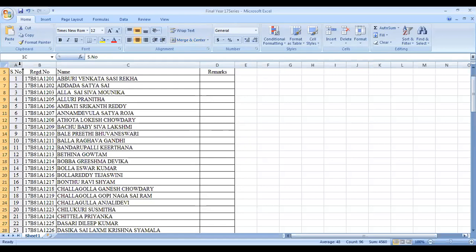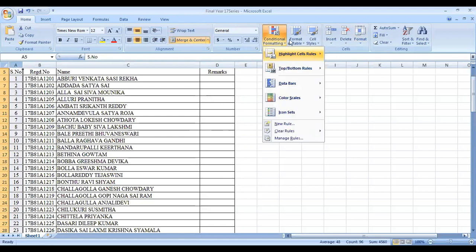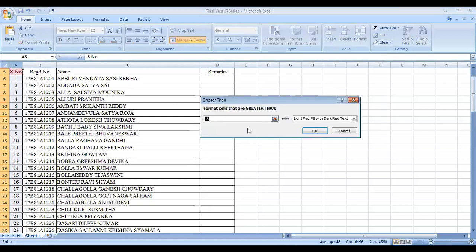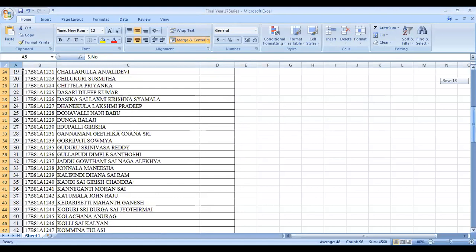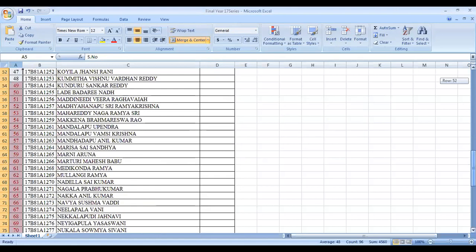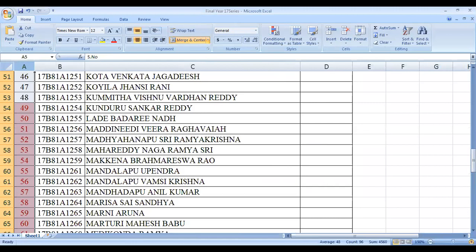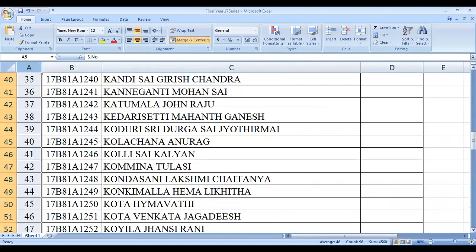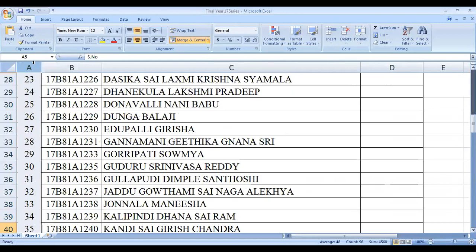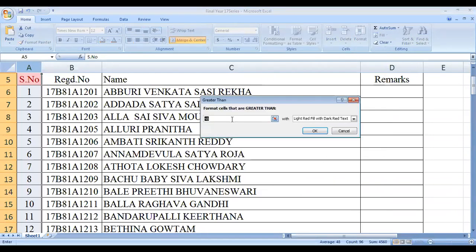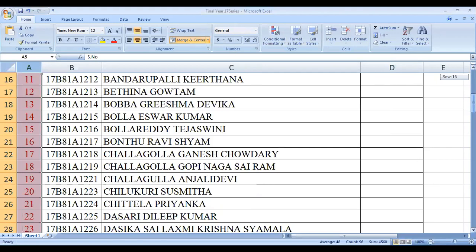For example, we can apply some condition. What are the numbers greater than, for example, 49? See that after 49 everything is highlighted or not? Is the screen visible or not? When someone answers, then only. So now it is visible, I think it is showing the data. See that in this particular column, I used some condition. For example, I give greater than 10. See how many are greater than 10, everything is highlighted or not?